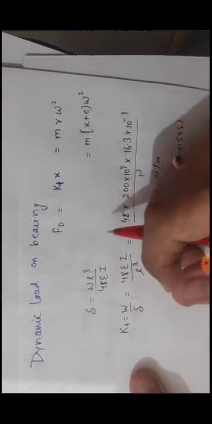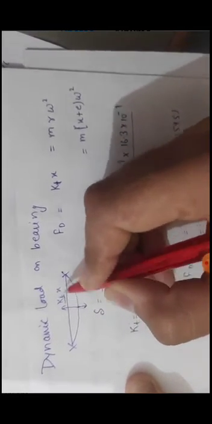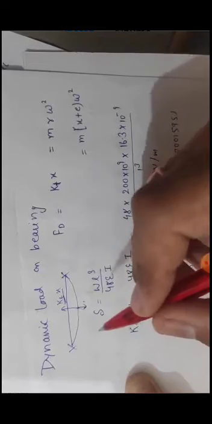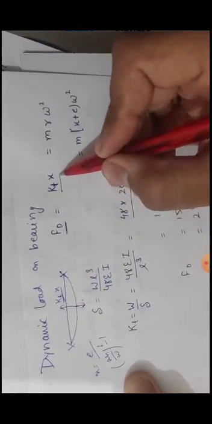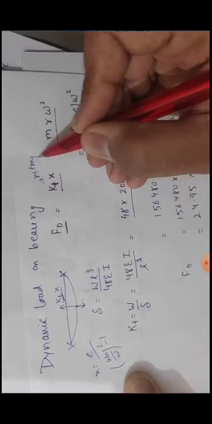In the next part he is asking for the dynamic load on the bearing. We know that as the shaft deflects like this, the centrifugal force acts on one side and the restoring force kT into x acts on the other. By putting both in equilibrium, we derived the equation x equal to e upon (omega n by omega) whole square minus 1. So the force acting on the shaft is kT into x, the restoring force, or m r omega square, the centrifugal force.